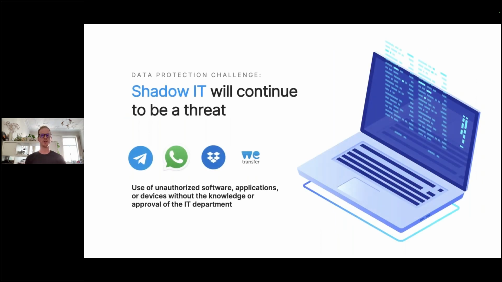Switching to the shadow IT side of things. With shadow IT, a lot of organizations are feeling some threats when it comes to individuals installing or using certain applications on their machines that may not be authorized. The same can go for websites or certain access on the web.